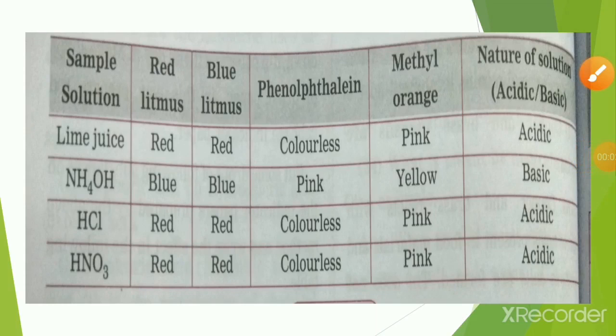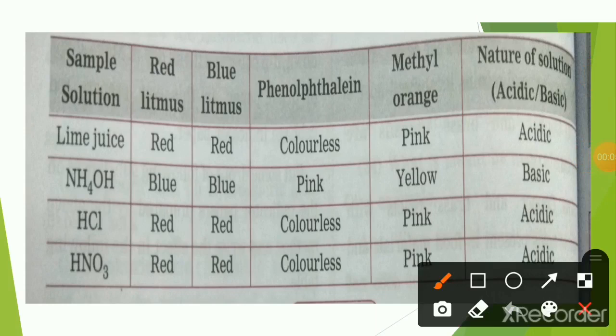Sample solution, the first one we will see. Here it is lime juice. The red litmus remains red. Blue litmus turns red. Phenolphthalein is colorless. Methyl orange turns pink. Nature of solution is acidic. Then